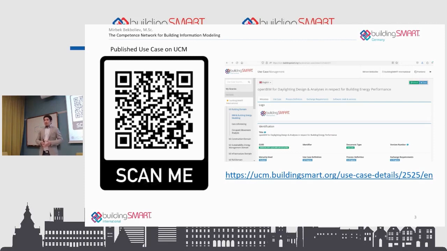It was the first BIM students competition for BIM by BCA, the Building and Construction Authority of Singapore. They had DFMA competitions in the past. So that was really interesting. But still, since then, the software is being developed further, and in between there are some other solutions.